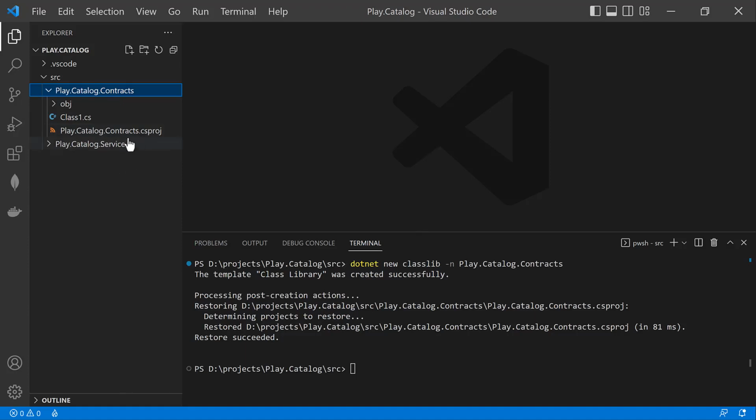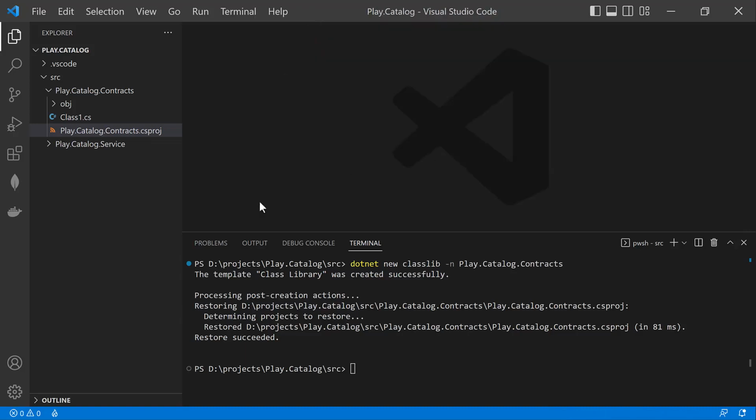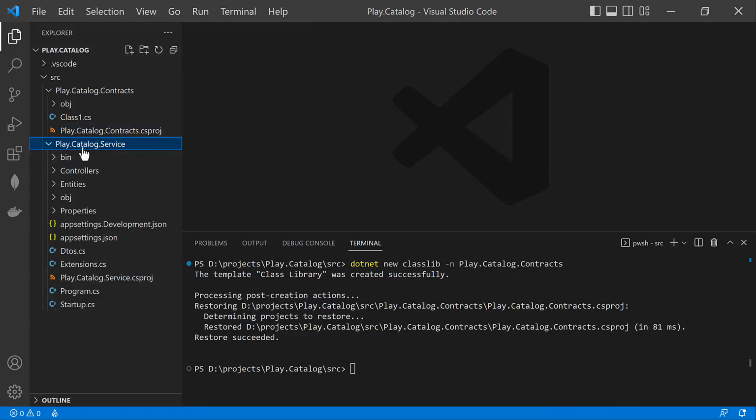Now, the first thing that I'll do right away is to open up my project file, and just like we did with the other projects, we're going to be removing the implicit usings and the nullable settings here, because like I said, we are going to cover those at the very end of this program. We're not covering that here. So I'll close that. And then, before we forget, let's also go ahead and get a reference from our catalog service project into our contracts project,